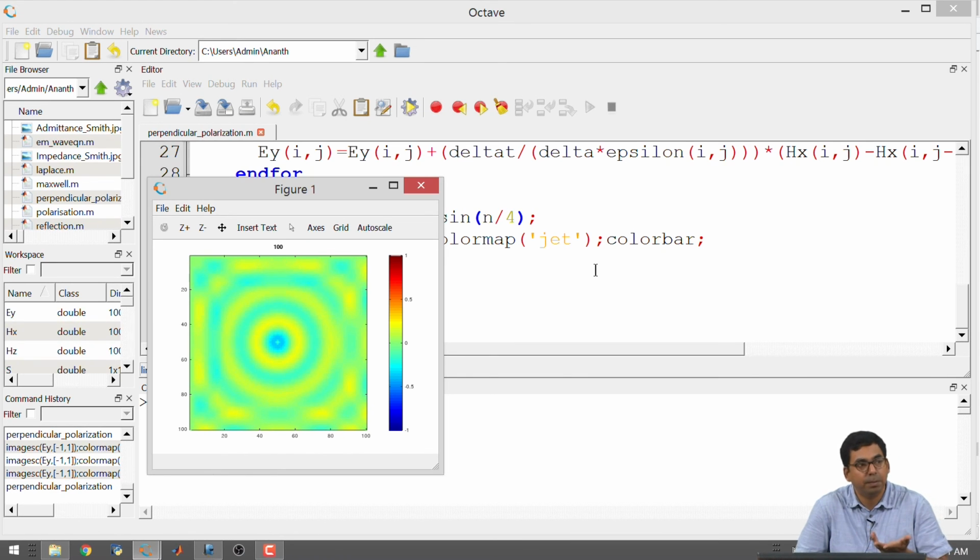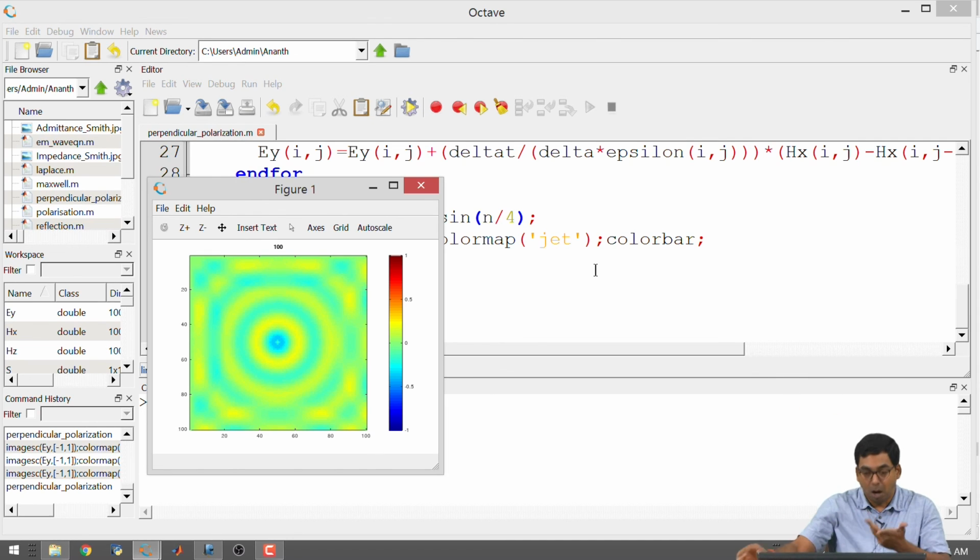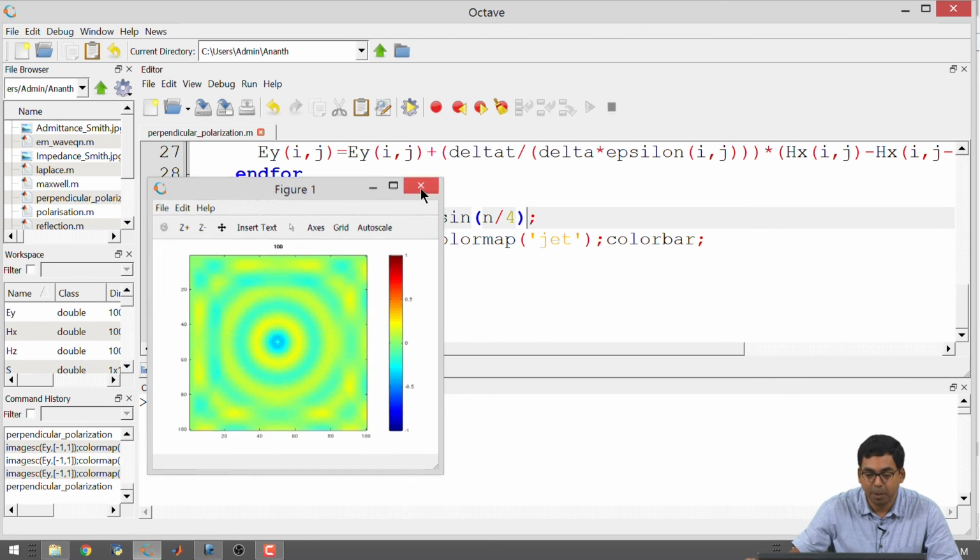Okay. Now, this is perpendicular polarization. The only thing that is different here compared to what we had done in the classes, we had plane waves with a clear direction of travel. All right. Here we are talking about wave fronts that are circular. So, one will have to fix it. In order to fix it, there are some ways. Either you can make your simulation region really large and wait for the circular wavefront to look like a plane wavefront at some faraway place. Or you could start manipulating the source.